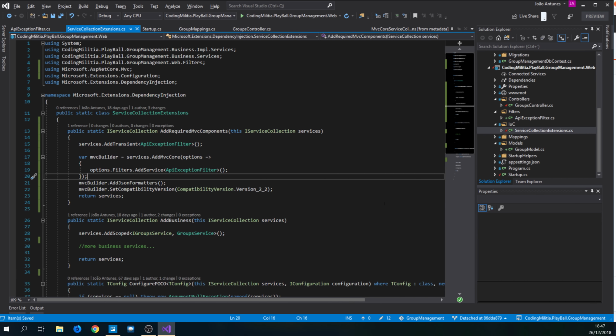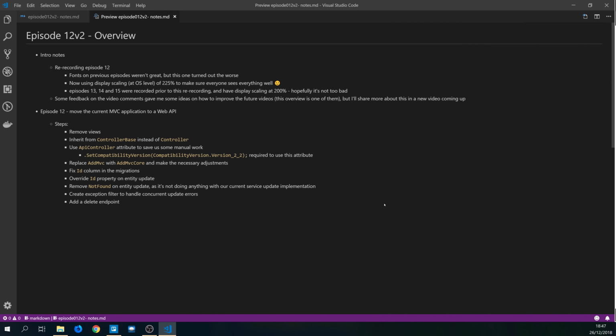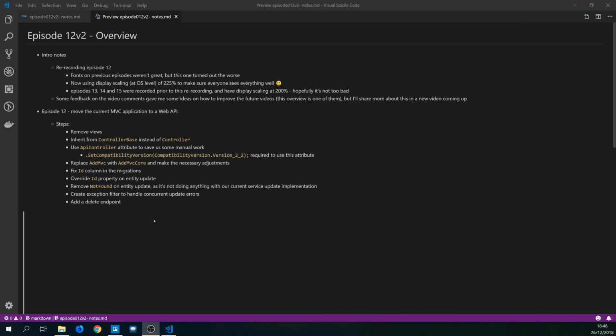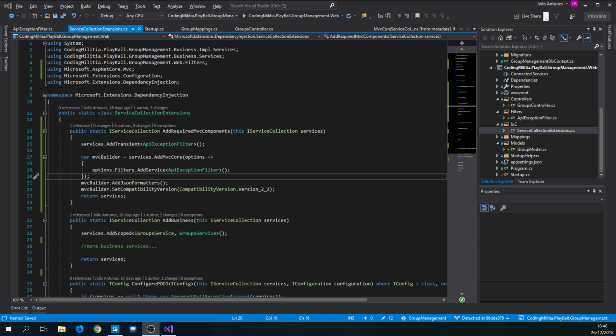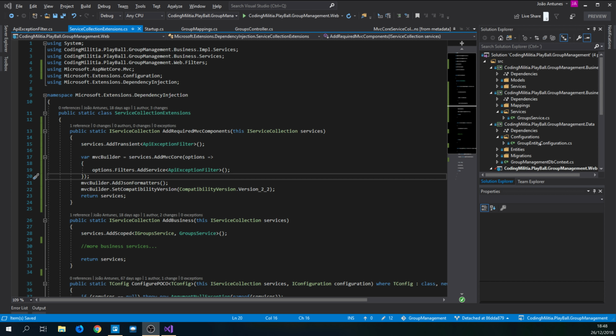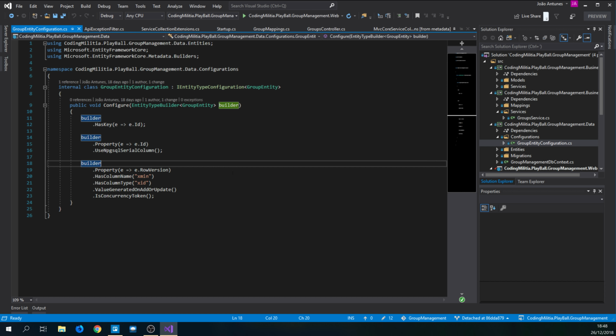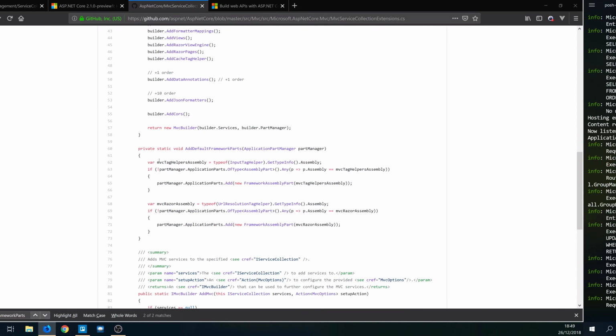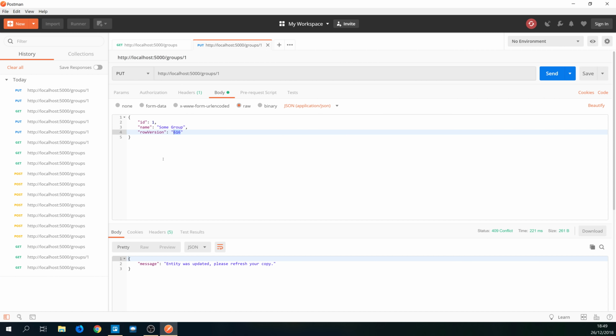So let's get back to the episode notes and see what we need to do next. Okay, so we need to fix the ID column, where I used the wrong type. So let's go here to the data part, group entity configuration, and instead of using this, use Npgsql. The problem is, let me show you just for you to know why I want to change this. If I, for instance, add a new one,